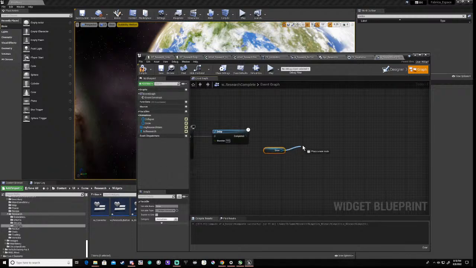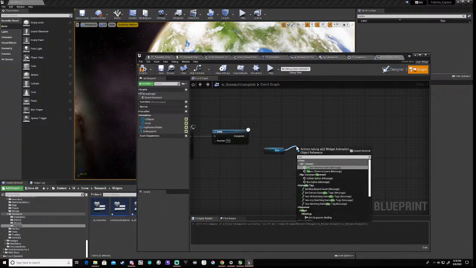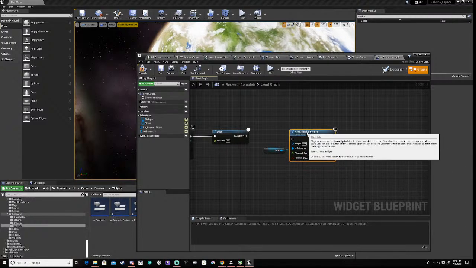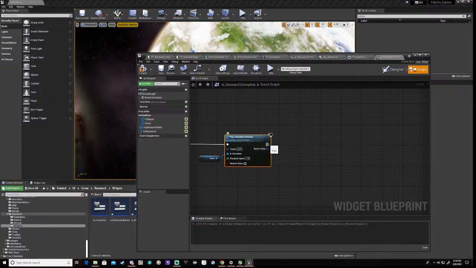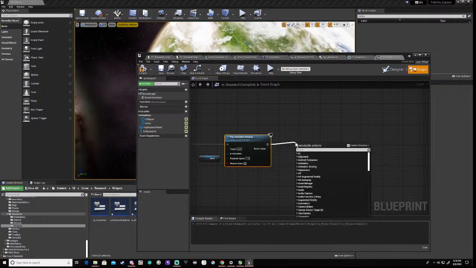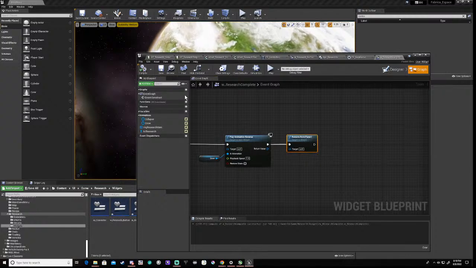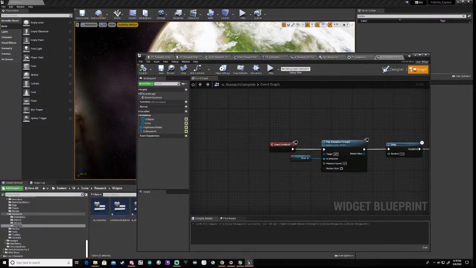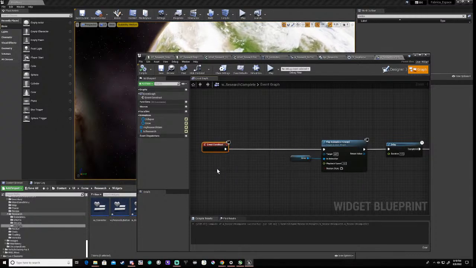Much appreciated. So what we're going to do is play in reverse. Play. Okay, we need to grab off here first. Play in reverse. And then basically what we do is we remove from parent. Okay. So we save that. And in fact, I think what we might need to do here